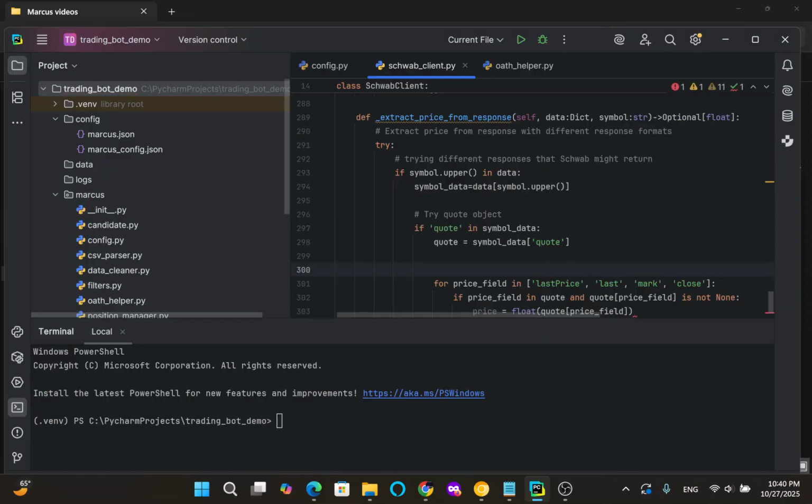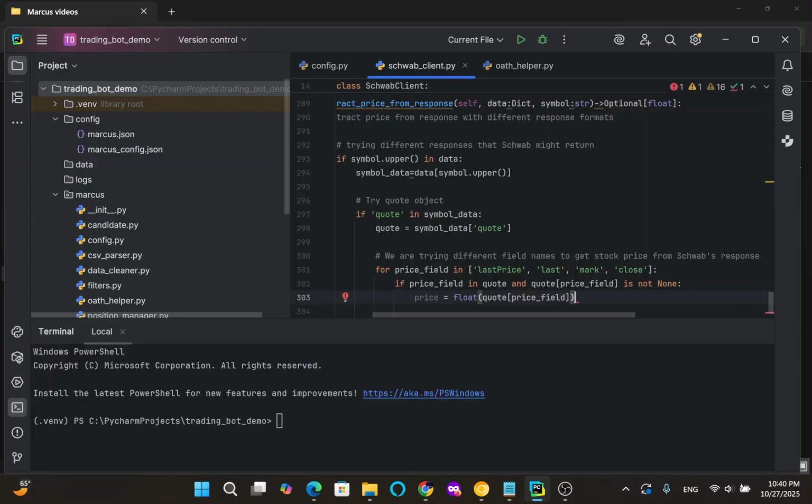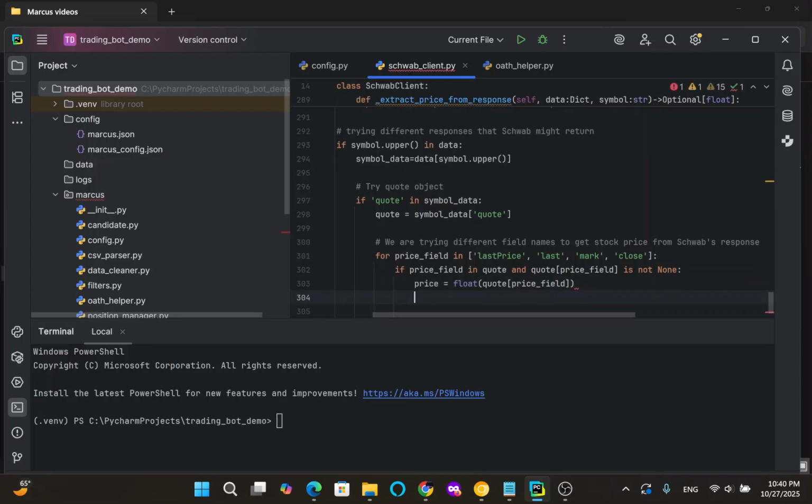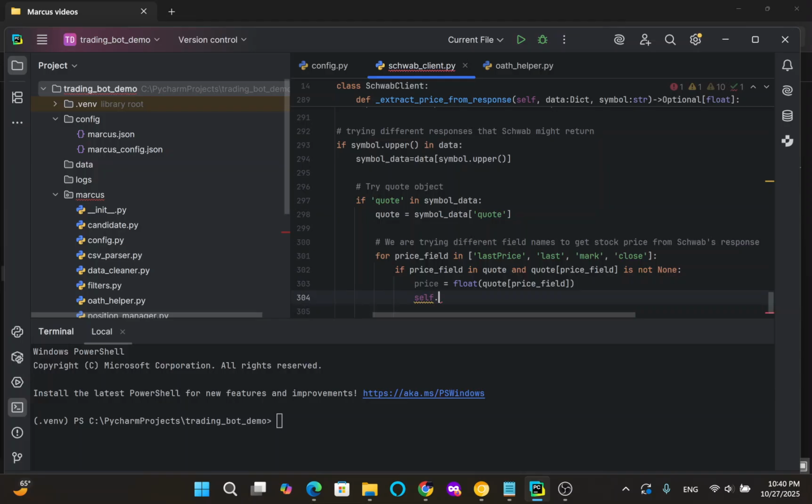Let's add a comment here: we are trying different field names to get stock price. And if this happened, then our logger will display a message, debug,